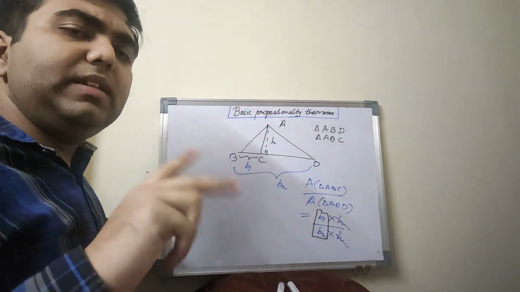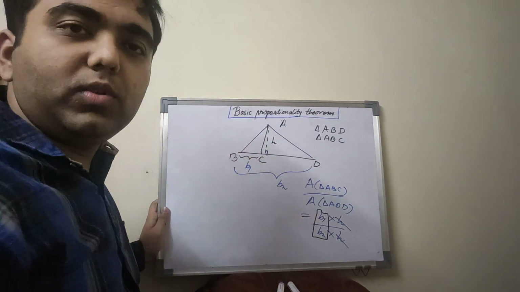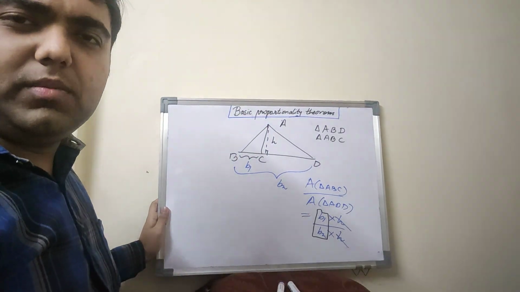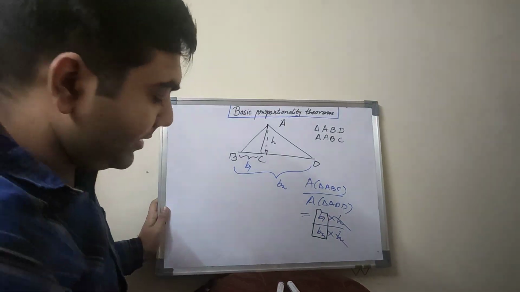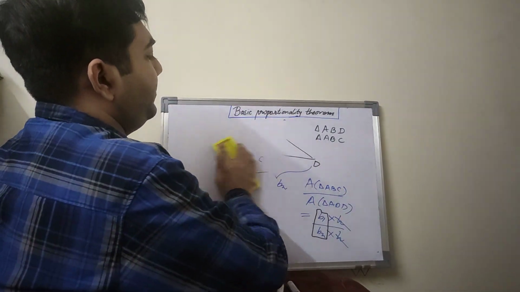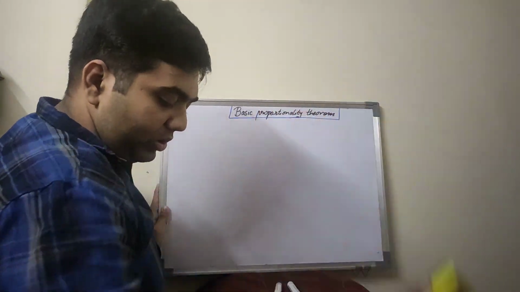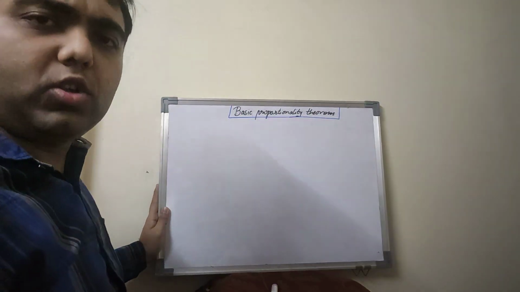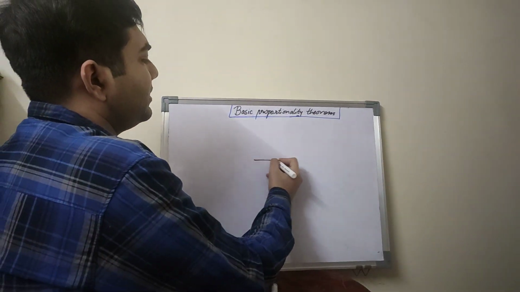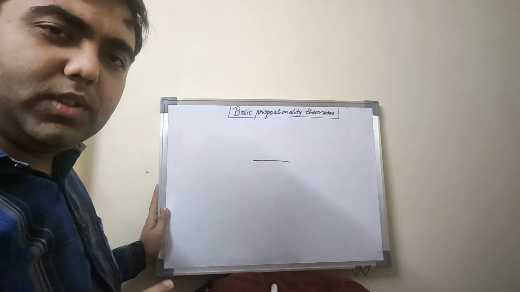I am going to take the next case. You can guess what kind of case I am going to take. The first case I took was common height. The next case will be, let's say, how we can construct two triangles with common bases. Let's see. And then we are going to find the ratio of the areas of those two triangles. So we want common base, right? So let's just construct the base first, and then we want two triangles with common bases.